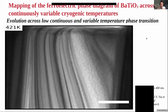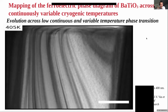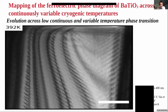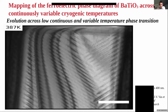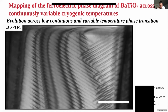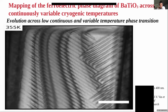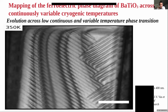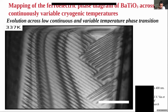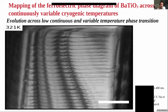What we are seeing now are bending contours, because the experiment was done in TEM mode. Also, I want to say that we didn't realign the images, due to the stability of the TEM holder. We can see that now we are in the tetragonal phase with a 90-degree domain polarization, and around 325 Kelvin we will switch from the 90-degree domain to the 180-degree domain. They will appear on the bottom right of the video. We are getting close. You can see the formation of the new phase, and in a few degrees